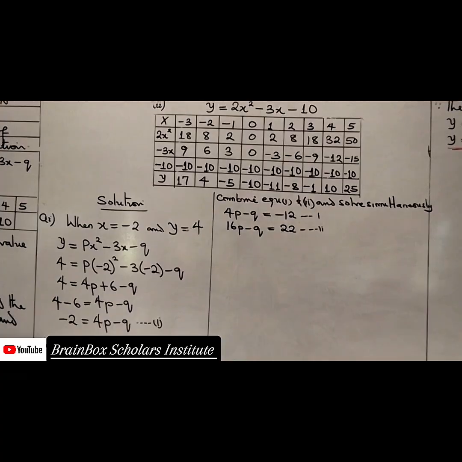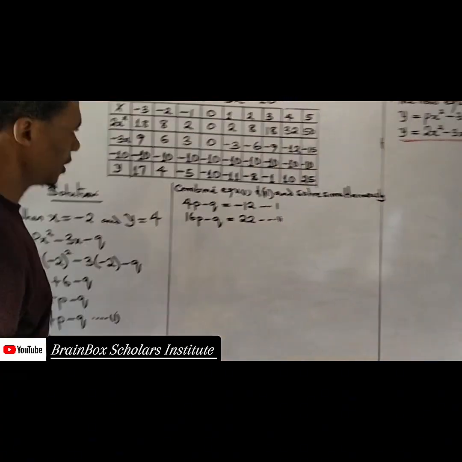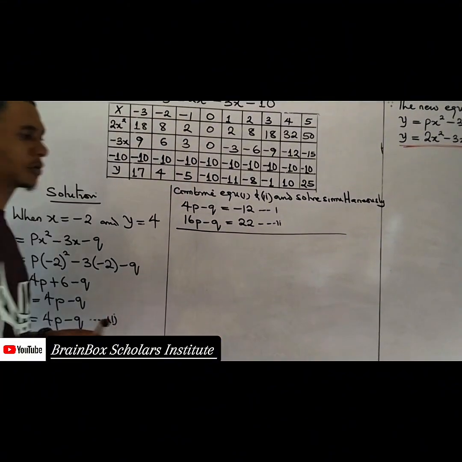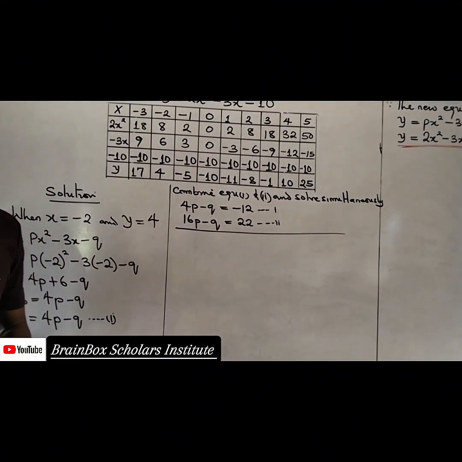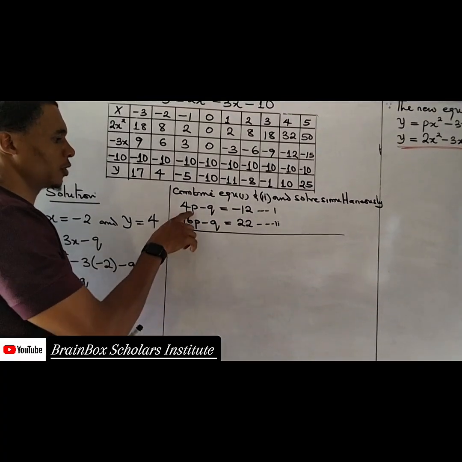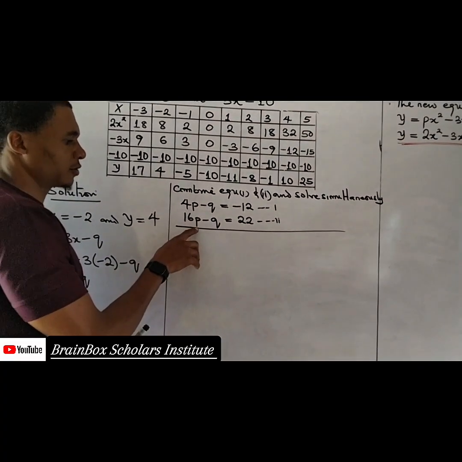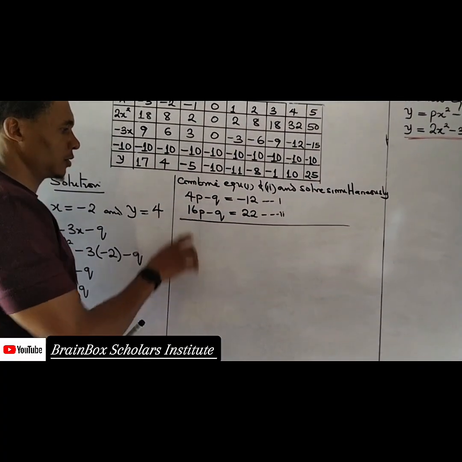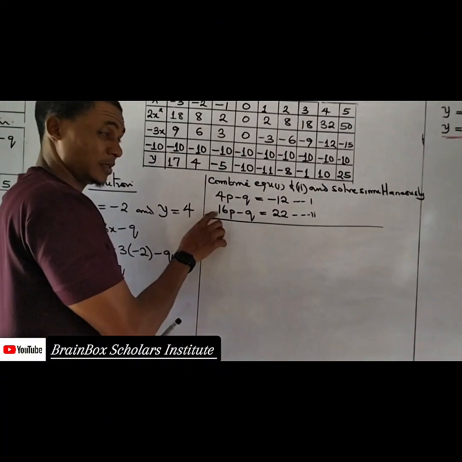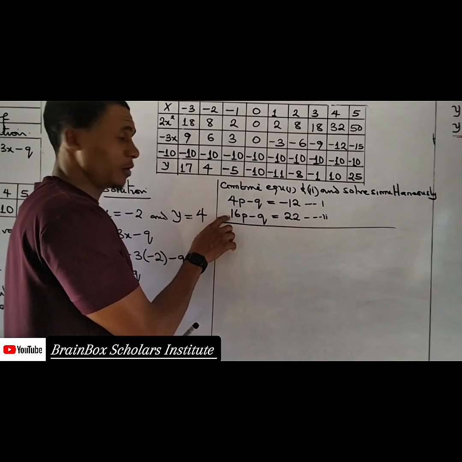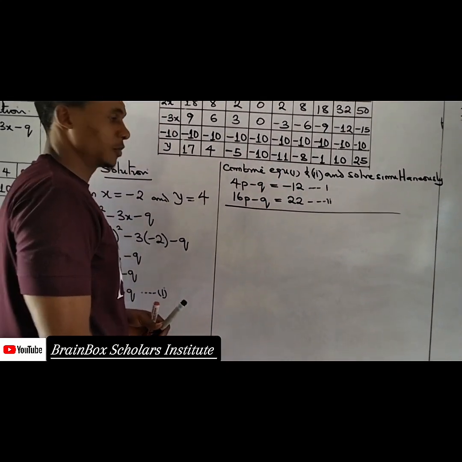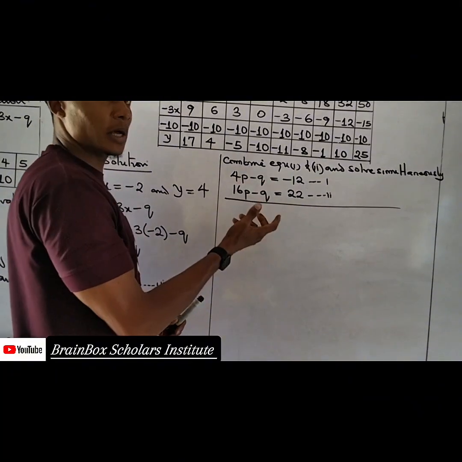Are you there? Okay, so now let's look at this. I'm going to use the elimination method to solve for this. Are we there? Now, before I can use the elimination method, I'll make sure that the coefficient of p here and the coefficient of p here are the same. The coefficient of p here is 4 and the coefficient of p here is 16. So I cannot eliminate. What will I do? I will check the next unknown, which is the q, and check whether they are